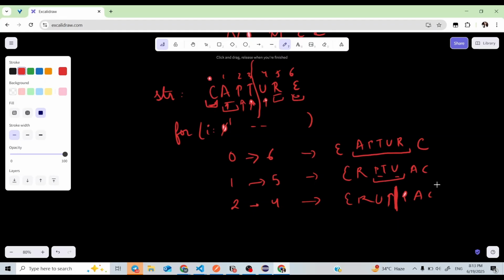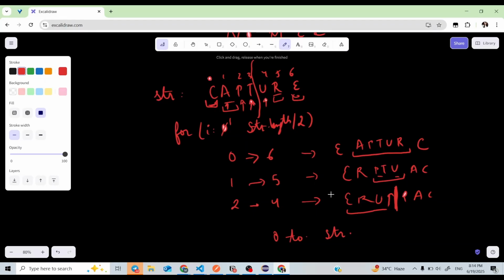That means I have to run my loop till the half of the string. So I will run my loop till the length of the string divided by 2. So my loop will run till the half of the string. Okay, yeah. So next